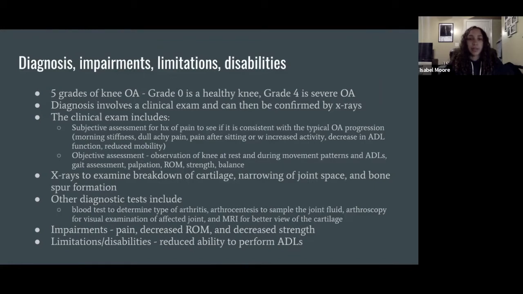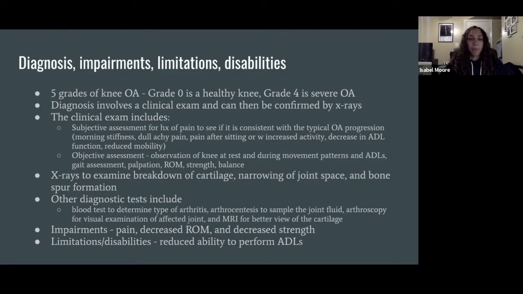include a subjective assessment for history of pain to see if it's consistent with the typical OA progression. And then there's going to be an objective assessment that involves observation of the knee at rest and during movement patterns and ADLs, gait assessment, palpation, ROM, strength, and balance. Then we can confirm that with x-rays to examine the breakdown of cartilage, narrowing of joint space, and bone spur